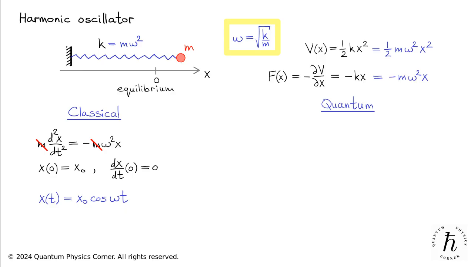The particle is now described by a wave function psi, which follows the Schrödinger equation. It's the same Schrödinger equation as before. The only change I made was putting the explicit form of the potential V into the second term on the right-hand side. Just as in the classical mechanics case, we need to specify the state of the system at time